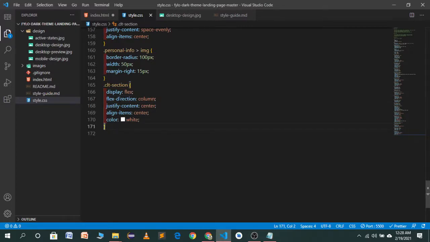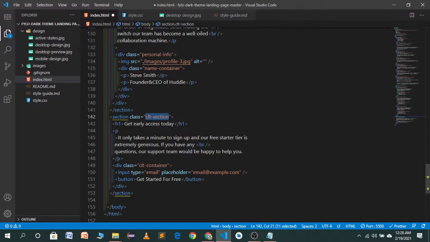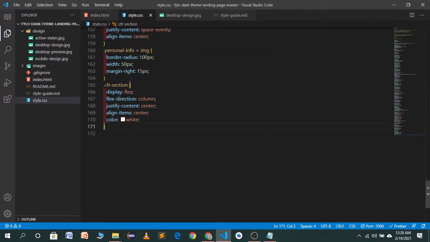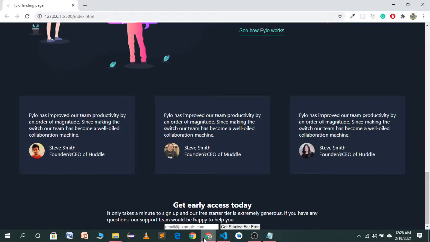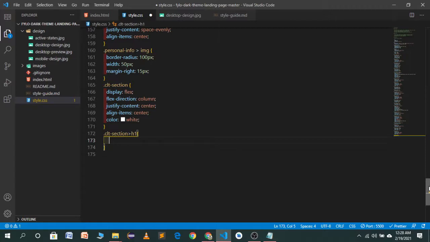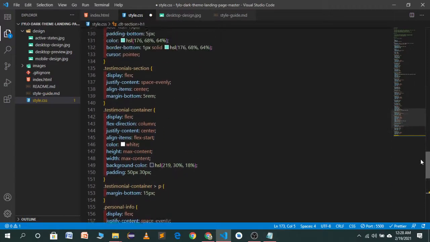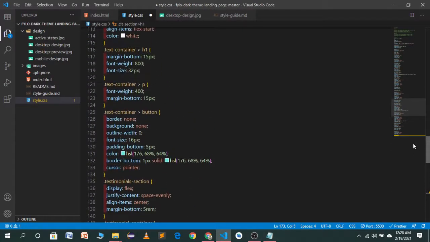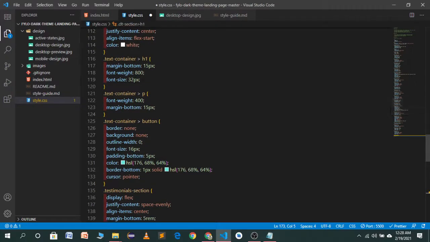So in the CLT section we want to target h1 and paragraph. We want to target h1, which will be, I think, we have to give some of the same styles as we have given in the upper part of our h1, which will be this one.